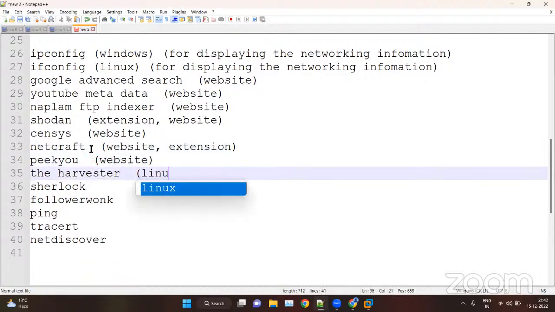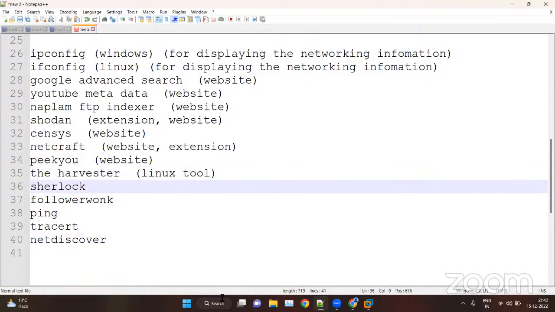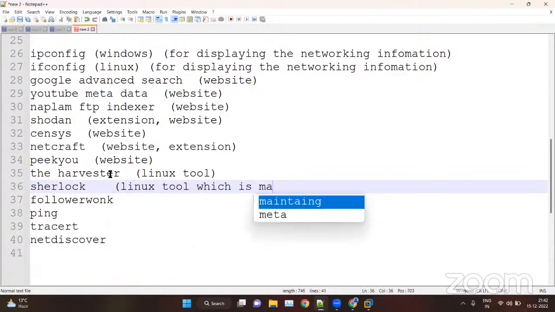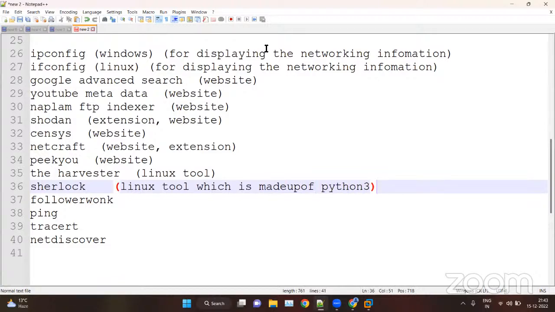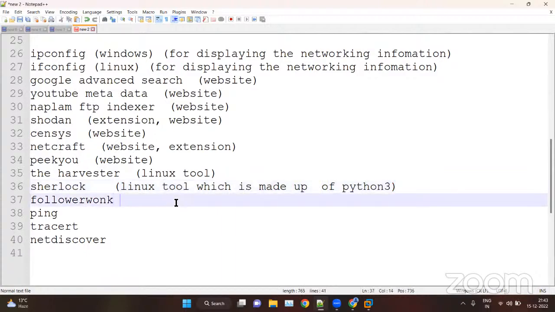The Harvester is a Linux tool. Sherlock is also a Linux tool, which is made up of Python 3 basically. Follower Wonk is also a website.